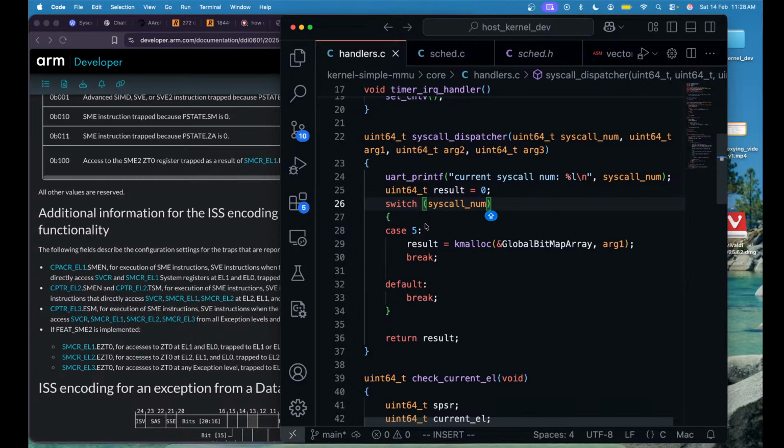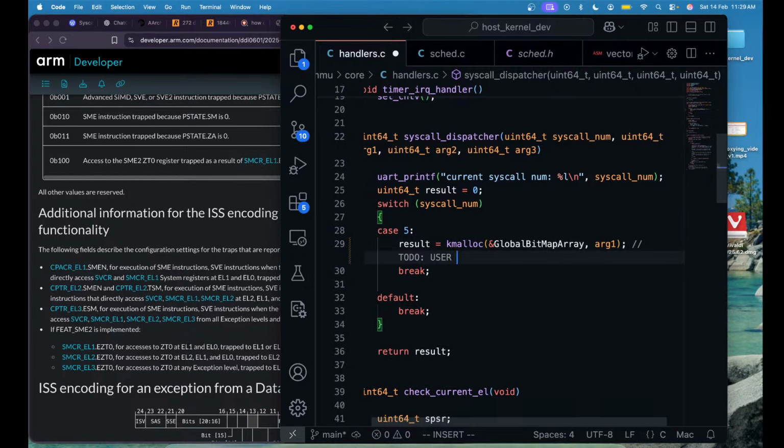But this would be a virtual address, right? Yes. Then how come the user process will be able to write to it? The user process wouldn't be able to write to it. I think we'll have to add a kernel to user space mapping here, but